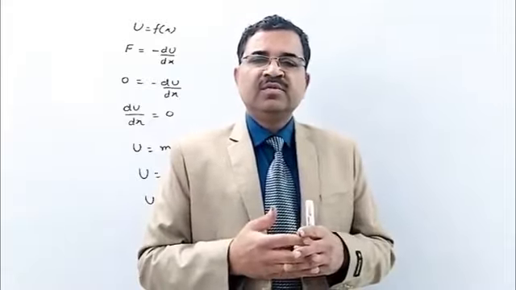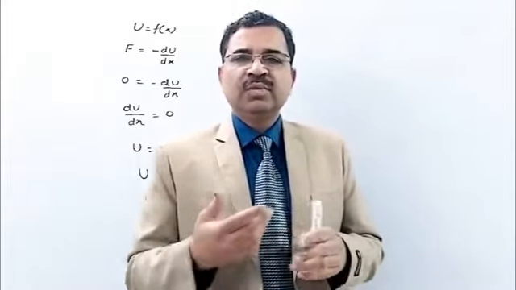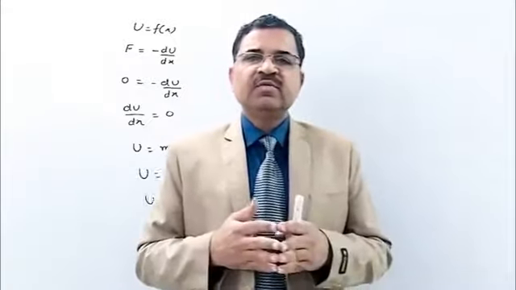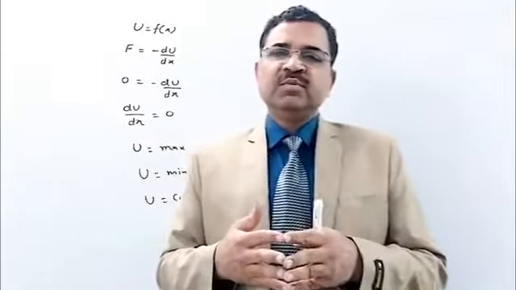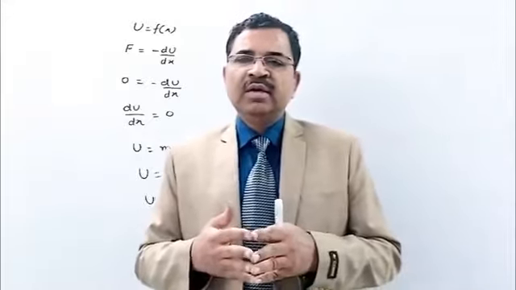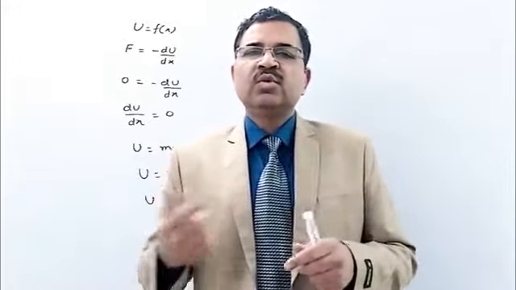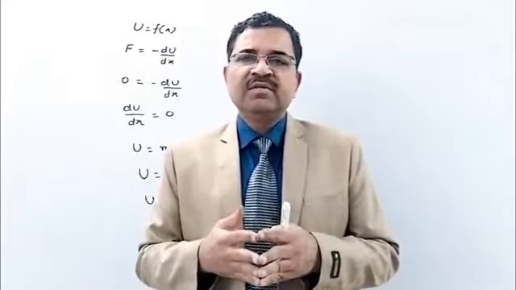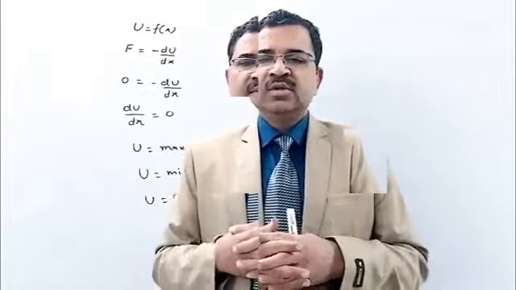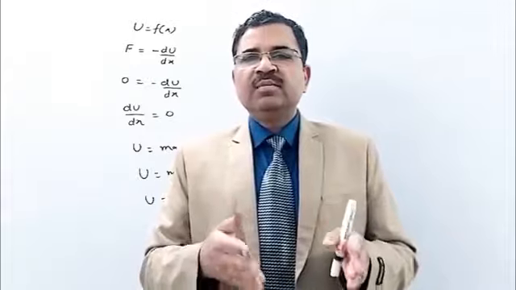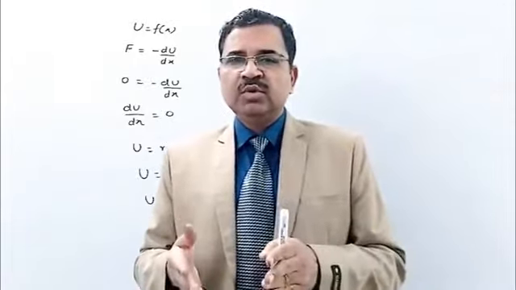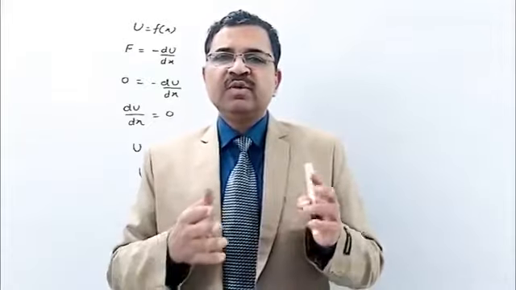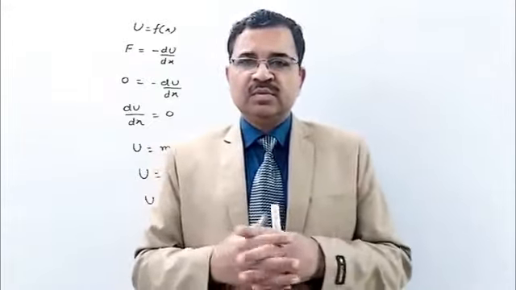For example, if suppose a body moves over a closed path in a conservative field, then the work done by the conservative forces should be 0. Whereas if suppose a body is moving on a rough horizontal surface over a circular path, that means again another closed path, but the work done by the friction will not be 0 in this case. So this means that work done by a non-conservative force over a closed path may be 0 or may not be 0, but for a conservative force it must be 0.